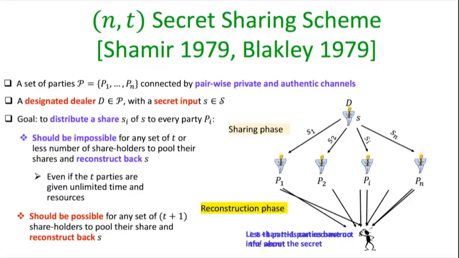So if I take the missile launching application and the locker application, there my T was 1. I need at least 2 participants to come together to get access to the password of the locker or password for the launching of the missile. But if only T equal to 1 participant come, then the secret or the data should not be accessible.